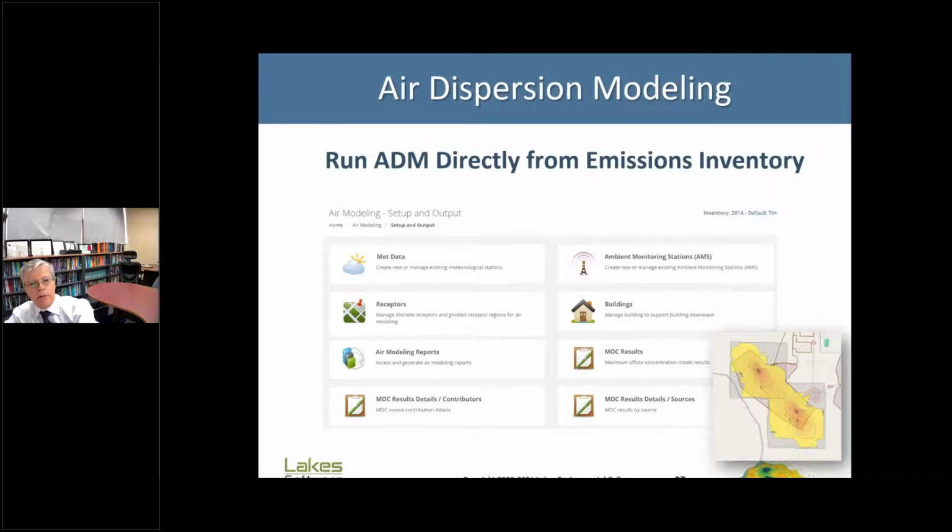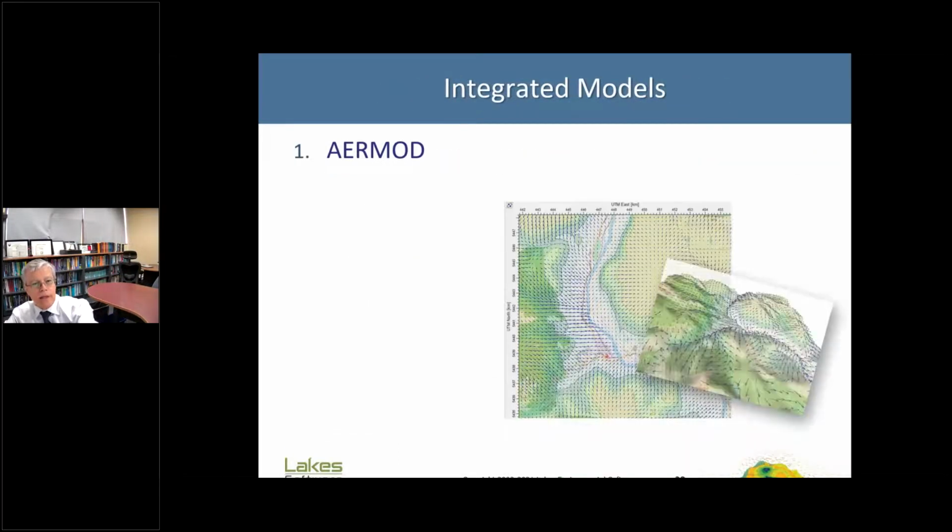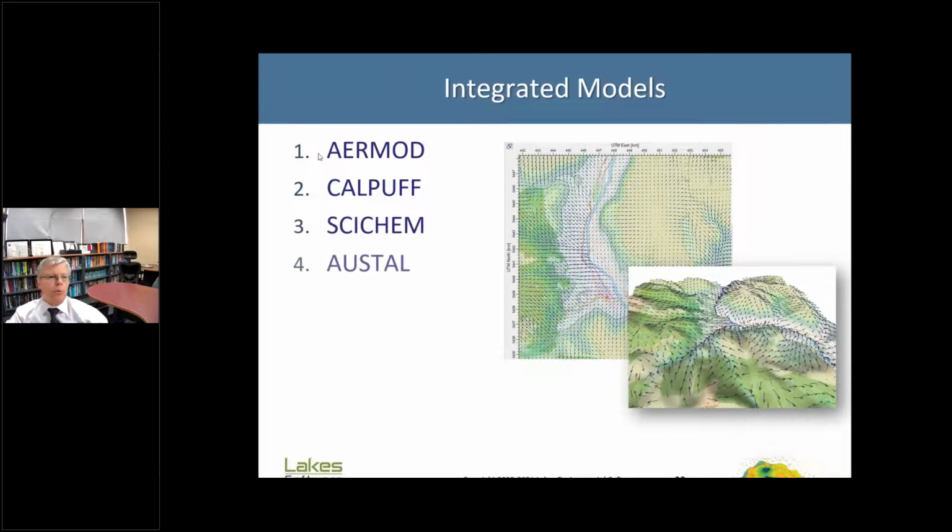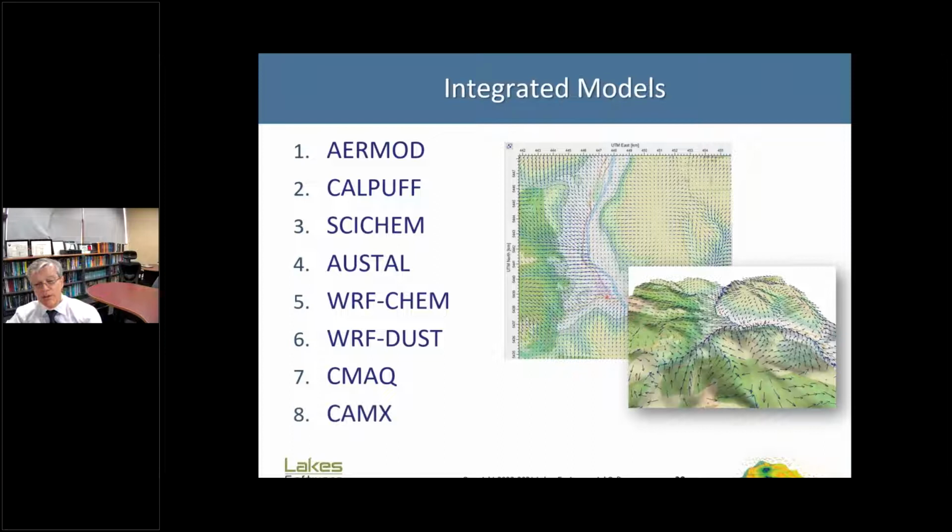So we run the dispersion models after we have the emissions inventory. And the one we don't use is AERMOD. Even for flat terrain, it's not the best option for real time. AERMOD is very good the way it is for permitting because it runs in a stochastic way. I can explain that another time or in questions if you will.